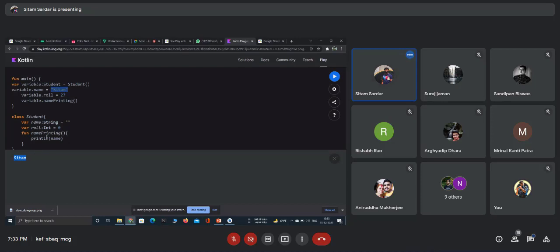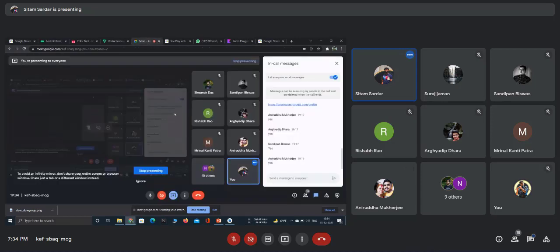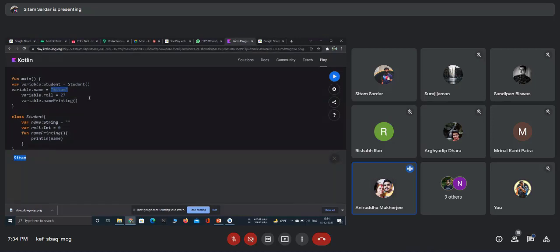So this is the simple thing in classes and objects all together. Till now, can I ask a question? Yeah, sure. Basically, in this case, we can just do the println, and first of all, we can just create variables by val or var. So I was asking, what is the application of this class?